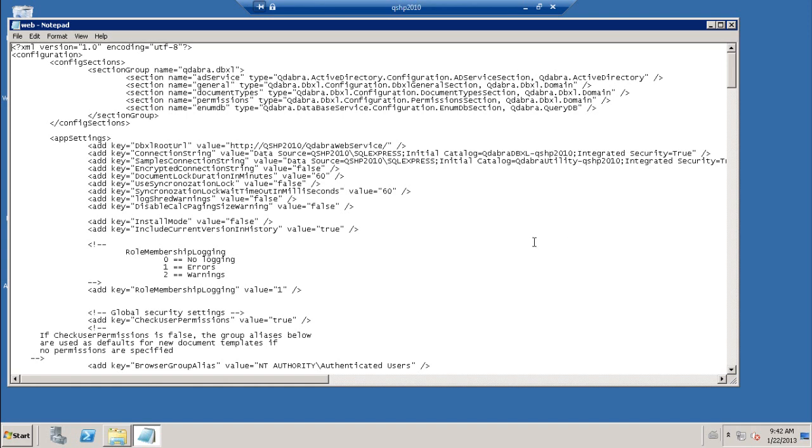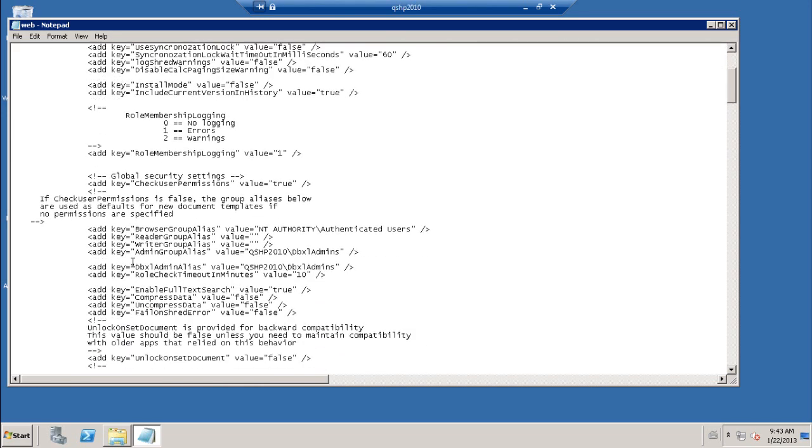So, for example, when you install DBXL, you probably remember having to provide a SQL instance. So that's the SQL instance. And you probably remember having to provide a name for the database. So here are the names for the database. So that's just an example of how the data you input into the installer has made it into the web.config. What we're looking for, however, is this section right here,